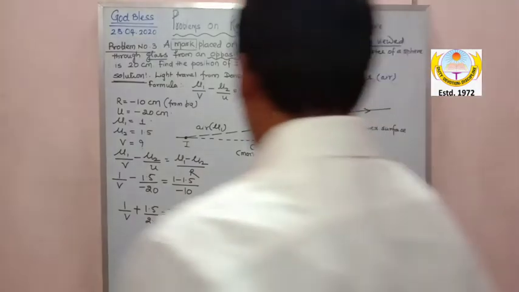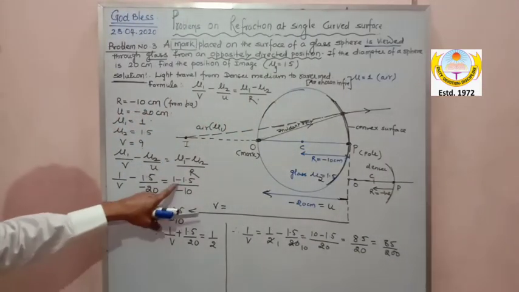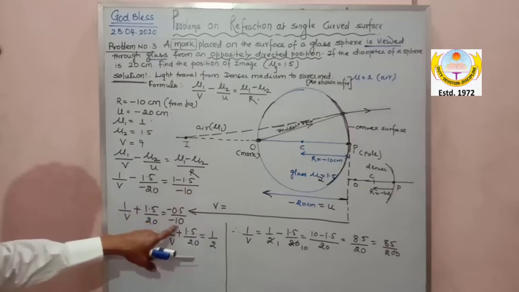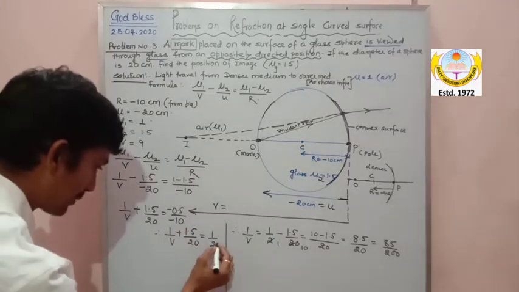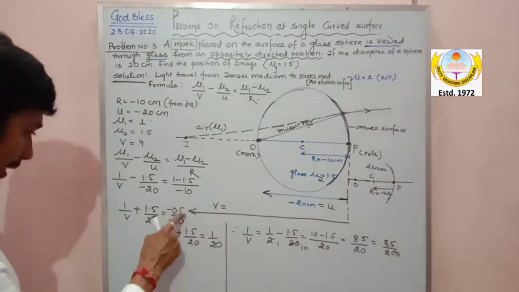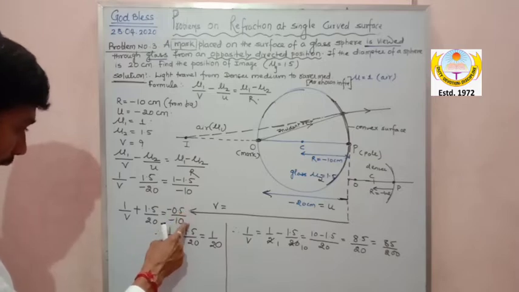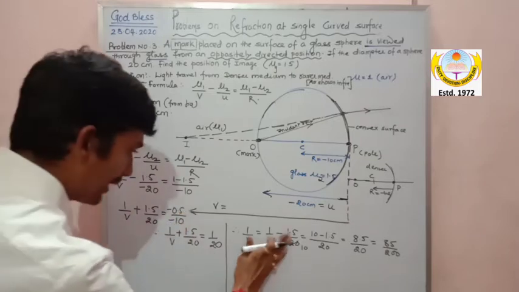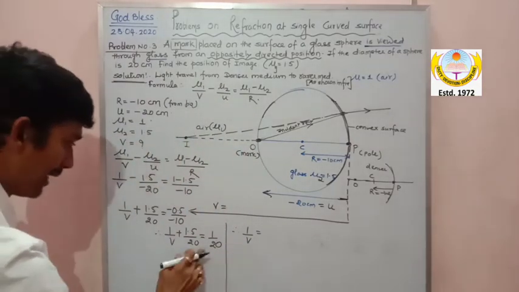I think we are making a mistake somewhere in the problem. This is 1.5 divided by this. This is minus 0.5 divided by r. R is minus 10, so it is 5 by 100. Sorry, I'm sorry. Here it is 1 by 20, because this is 5 by 100, right? So it will become 1 by 20. I'll rub it out. Wait my dear. So this is 1 by 20.